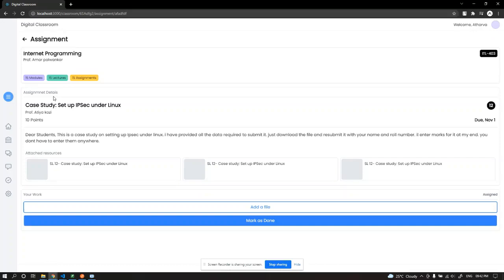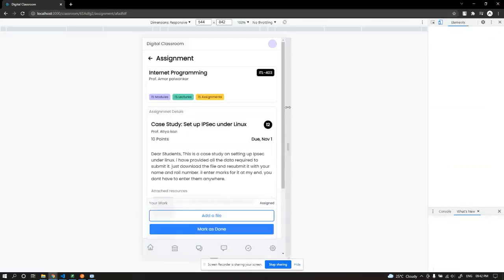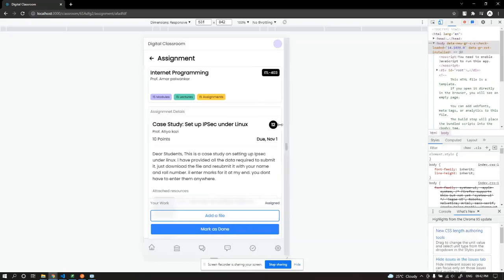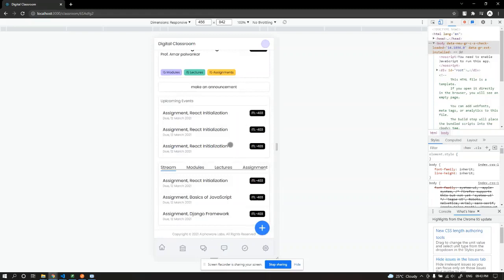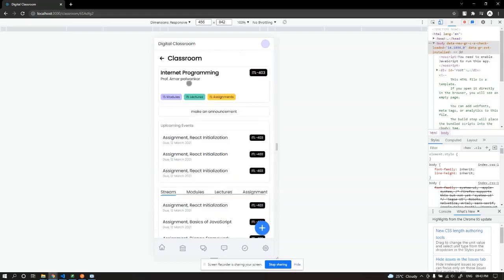I would also like to show that this front-end website is completely mobile friendly. So let me open it in a mobile view, and as you can see, everything here is suitable for mobile users. So this application can function both as a website as well as on mobile. So there is no problem for accessibility issues in this.